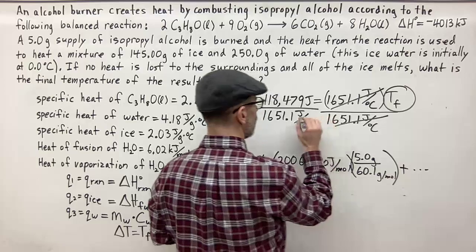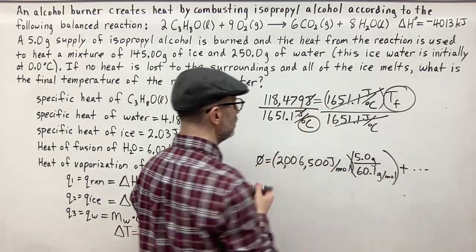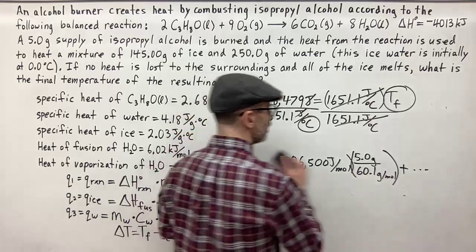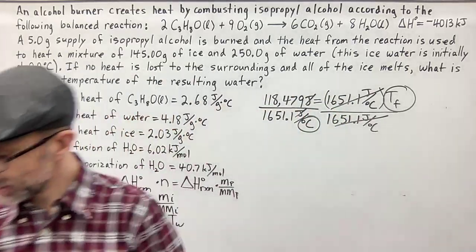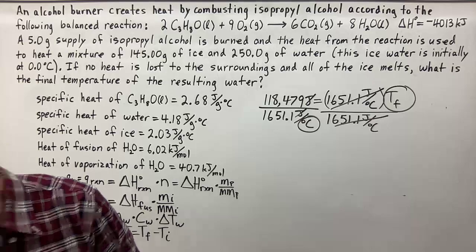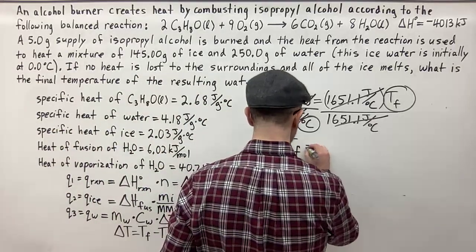Once again, we have joules canceling over here, and we've got our degrees Celsius. If you divide this, 1651.1, you get 71.75. So TF is equal to